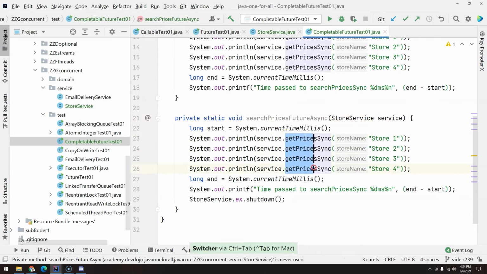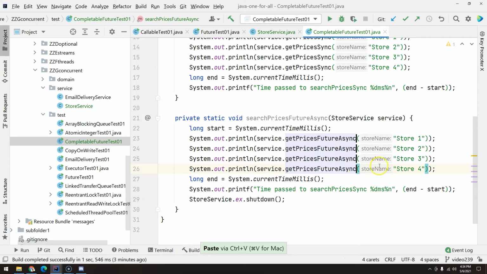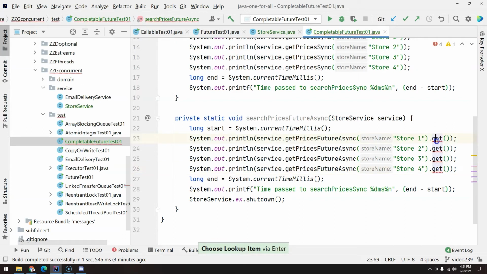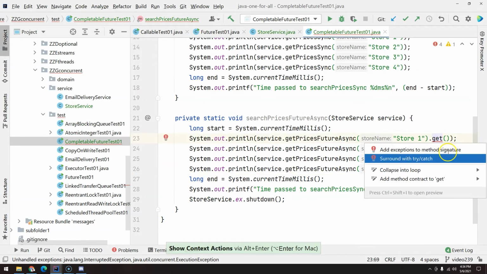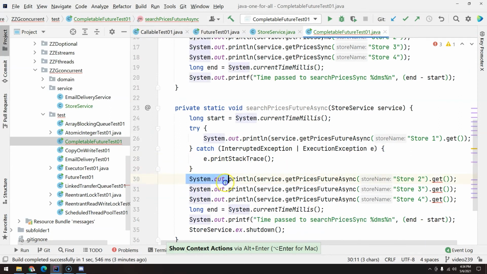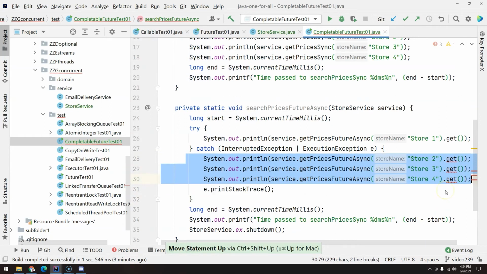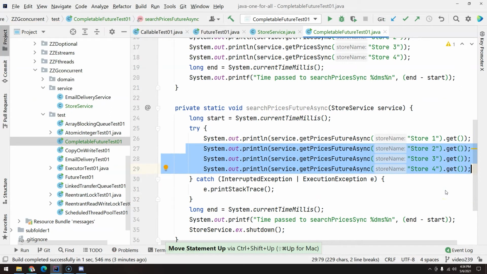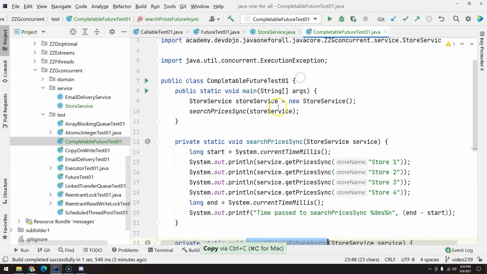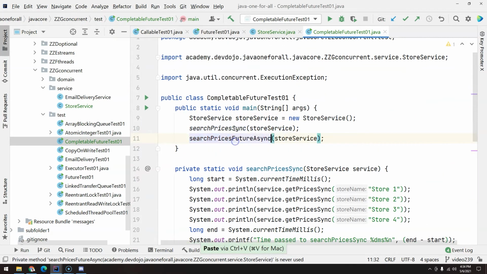So if I replace all of this and I call get here, first we have to handle these exceptions. So surround with try catch. Then I will copy all of this. I will move up, Control Shift Up, and then if I execute this now, calling here, we will have a